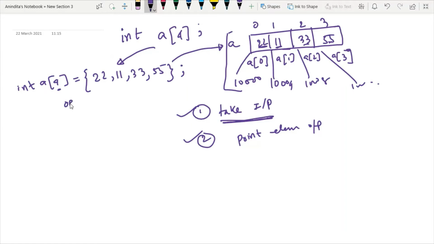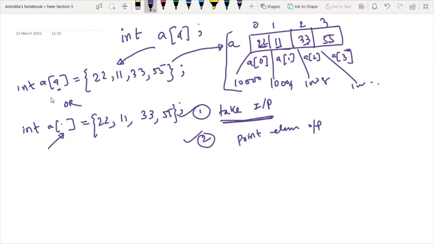Now we have another technique to take values inside an array. You can omit the size of the array, meaning here you don't have to mention the size. This kind of array is known as an unbounded array, meaning the size is not restricted. At this point you can also take values like this.